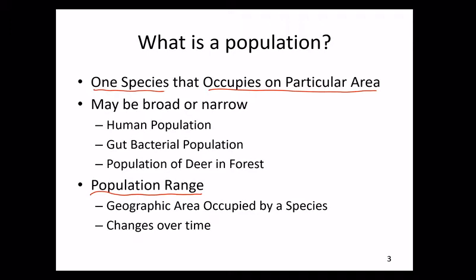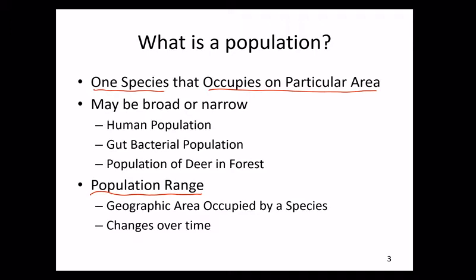We may also be very, very specific and refer to the gut or the intestinal bacterial population of an individual, sometimes referred to as the microbiome of an individual. And so this, again, is a very narrow definition. We could expand that and say the microbiome of all individuals that are currently taking a ketogenic diet. Now it's a little bit broader, and there will be some variation based on location.